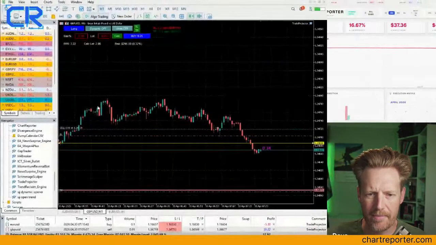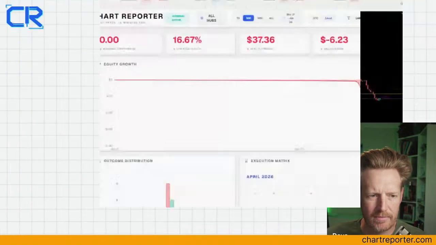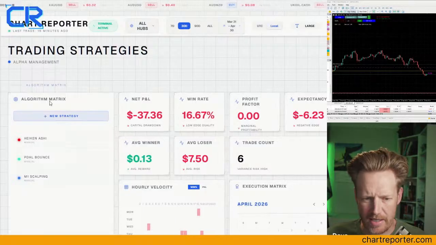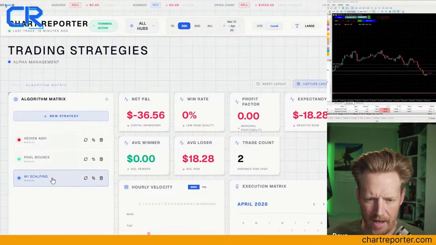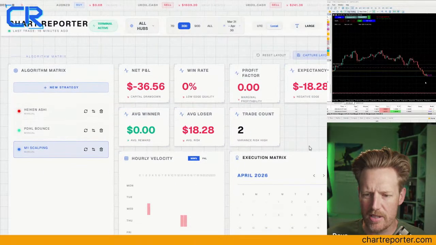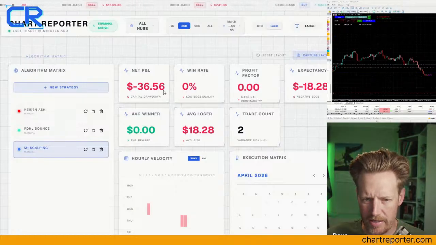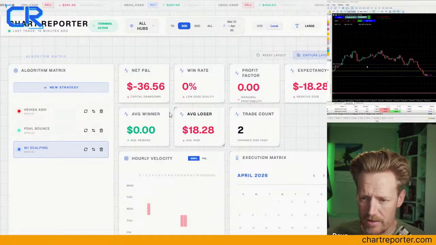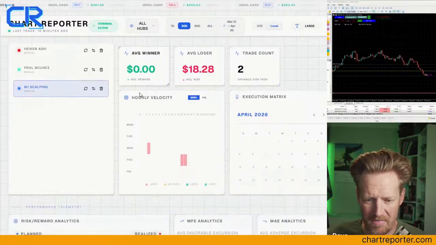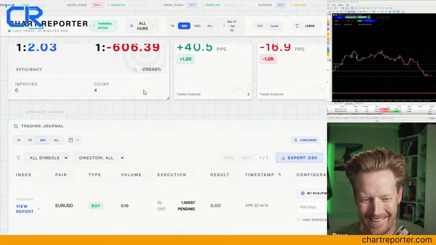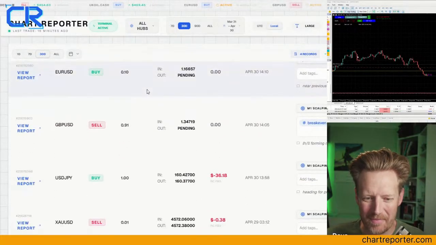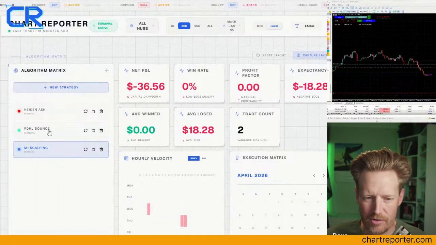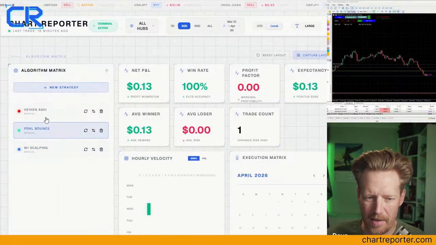Come on, there we go. Here's Chart Reporter. So you saw me tagging those strategies like M1 scalping. I can come and report individually on my different strategies. So here's M1 scalping. I've done 2 trades using M1 scalping that have closed, and it hasn't done very well. Here's the trades there. There's my PDHL Bounce